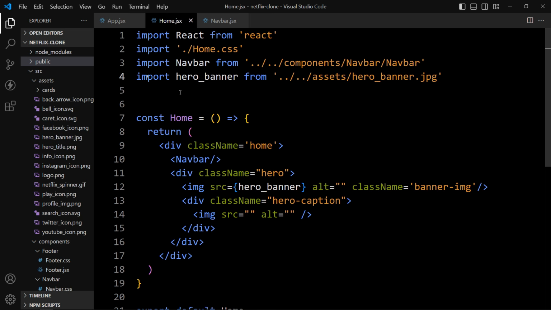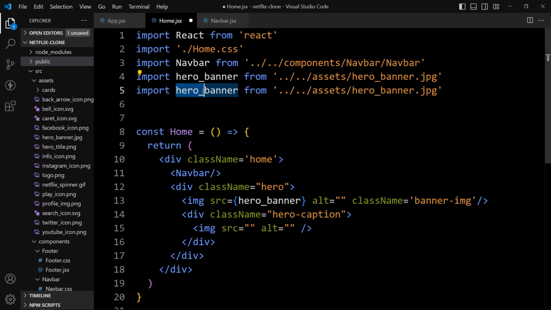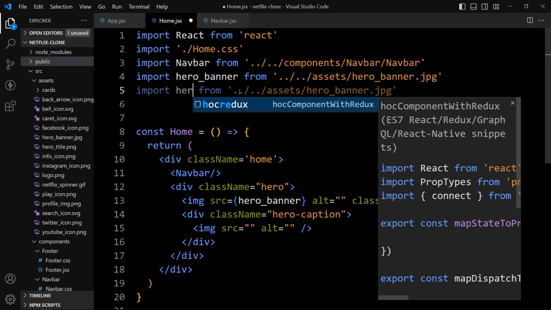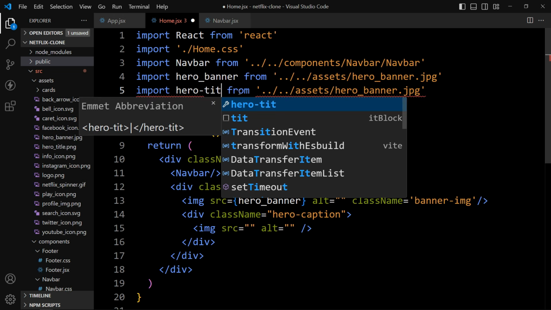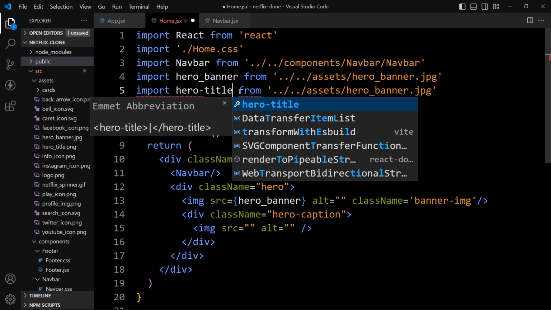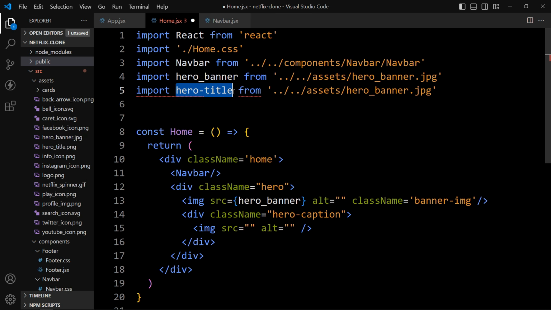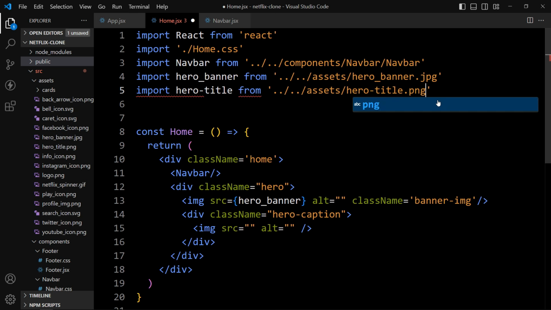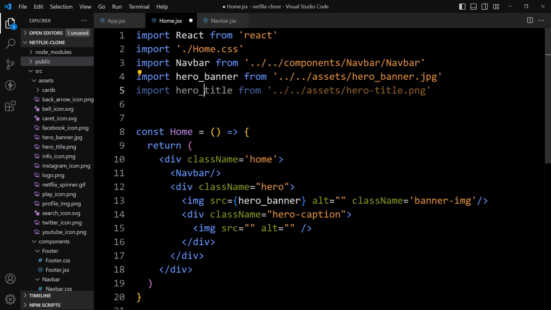Duplicate this line, and we will change the name to hero_title, and the file name is hero_title.png. Copy this and add it here in this src. So we have imported this and used this image.